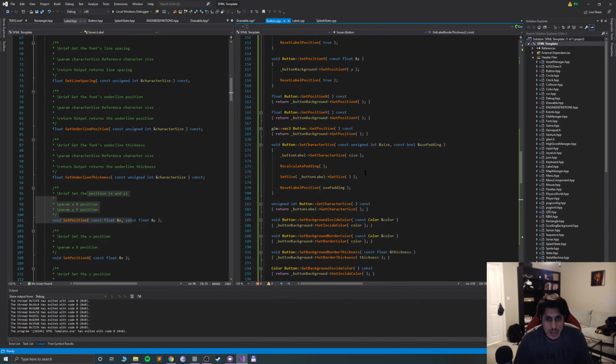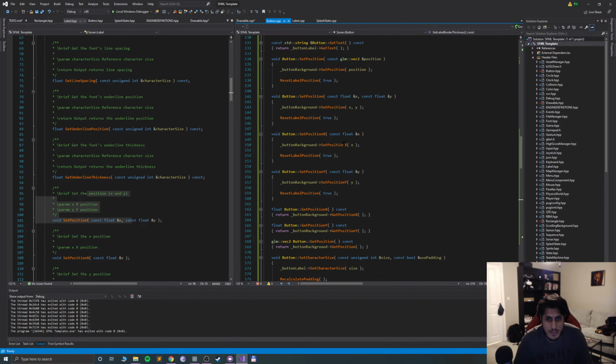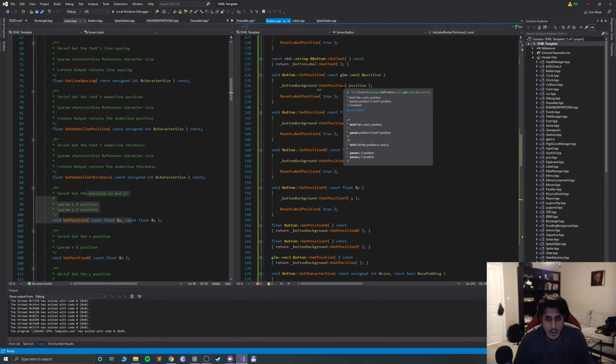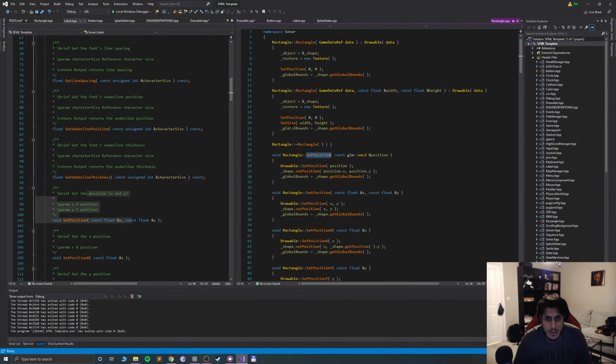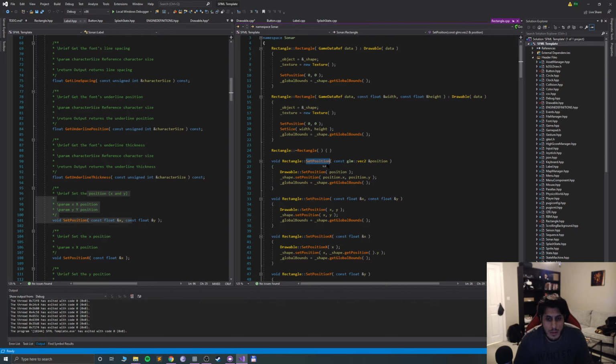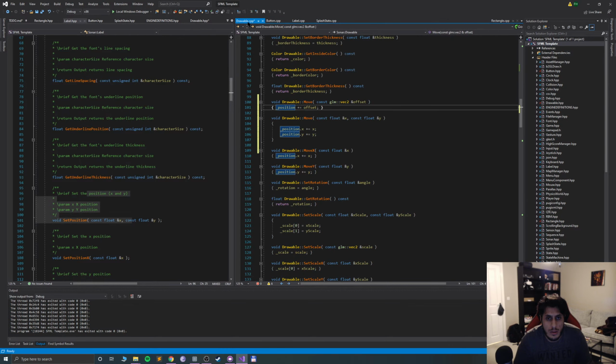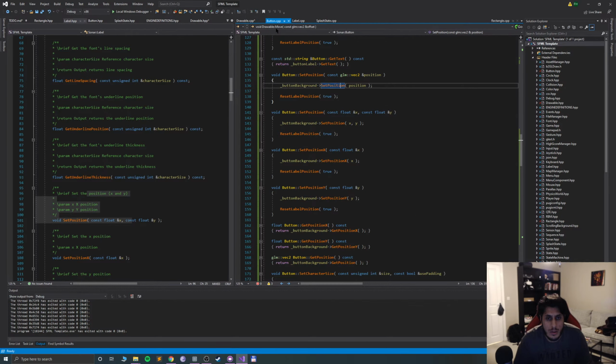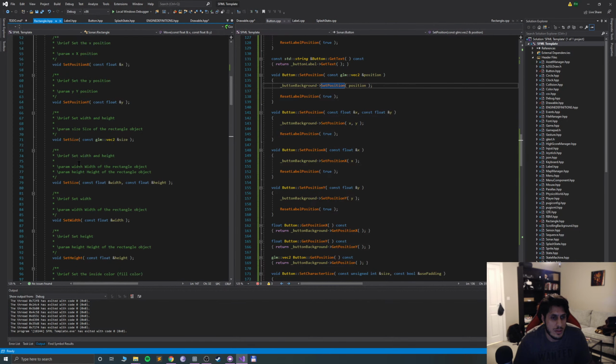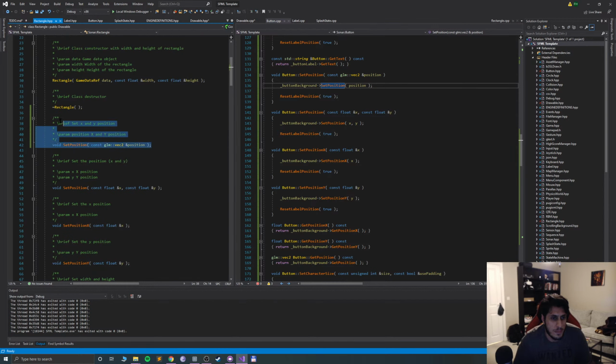When we set the position, probably best if we add it to label as well though, to be fair. So if we go to rectangle, go to set position,